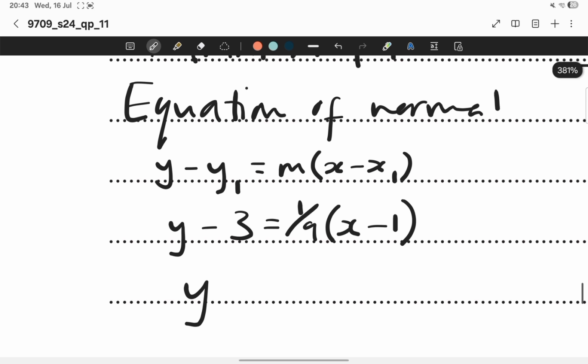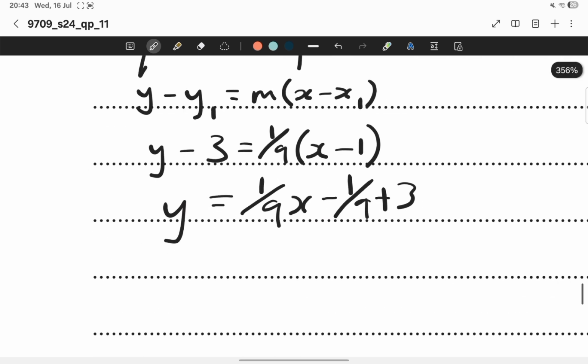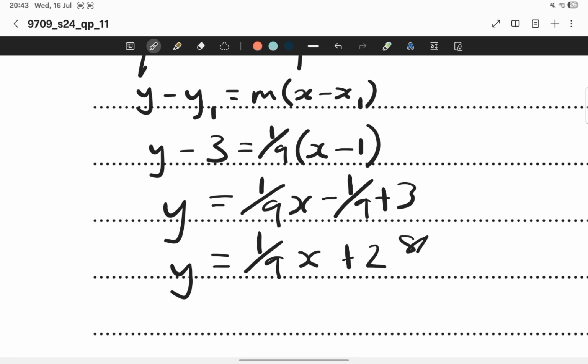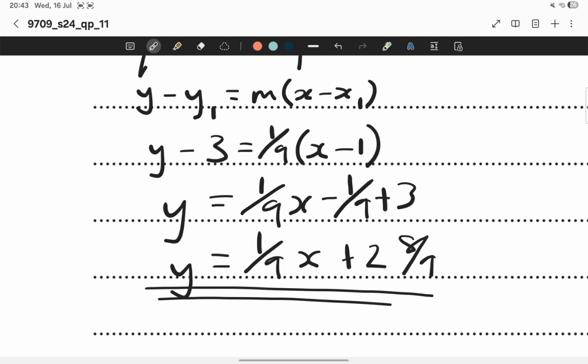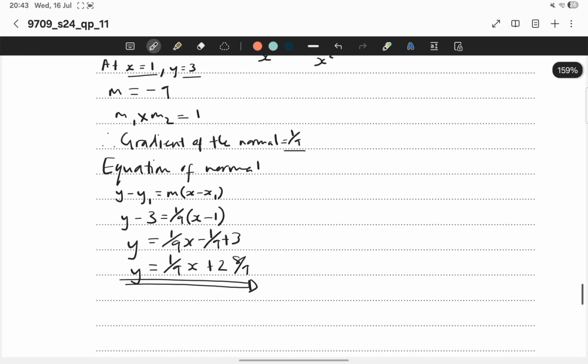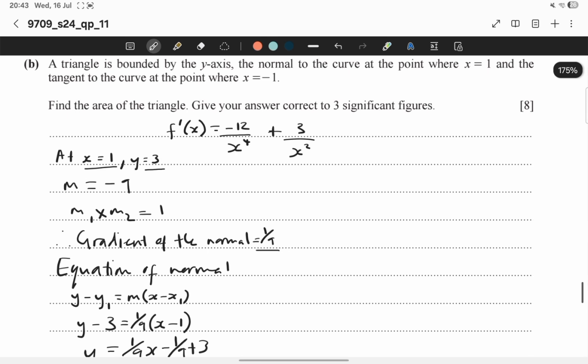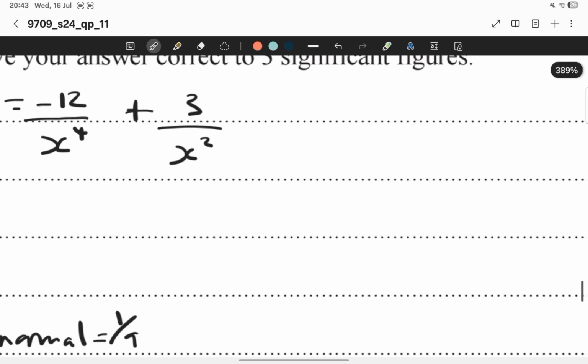That will be y is equal to 1 over 9 x minus 1 over 9 plus 3. And that will give us y equals 1 over 9 x plus 2 and 8 over 9. So that's the equation of the normal. And for the tangent to the curve at the point where x is minus 1, we are going to